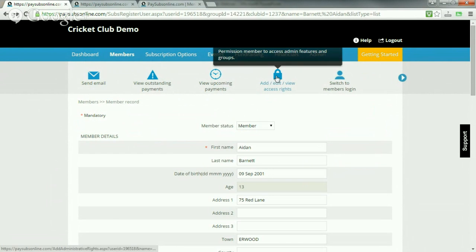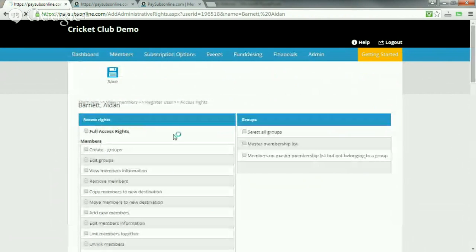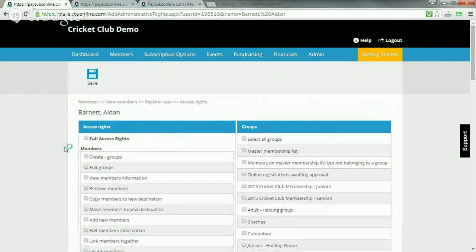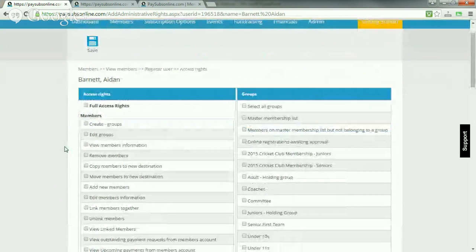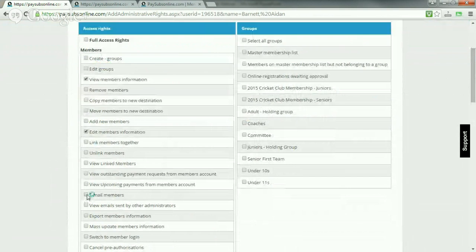Let's say that Aidan was a senior member that was also a member of the committee. I can give him access rights to the system, so I can say, okay, Aidan, I'm going to allow you to view members' information. Perhaps I'm going to allow you to edit and maybe send emails out.